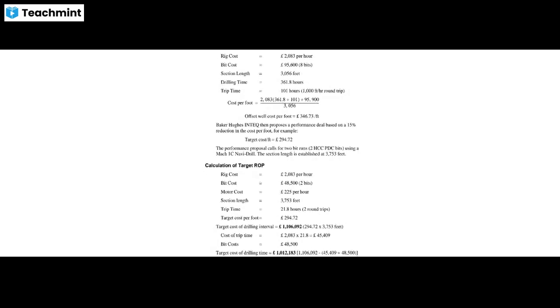So the performance calls for 2 bit runs, using a Mach drill, and the section established, the length of the drilling, is 3573 feet. Then target ROP. Next you can see here, target rate of penetration is also shown. Rig cost, bit cost, motor cost, then trip time, and you are targeting the cost of drilling interval. So the target cost of drilling time equals, you are getting this formula and getting the